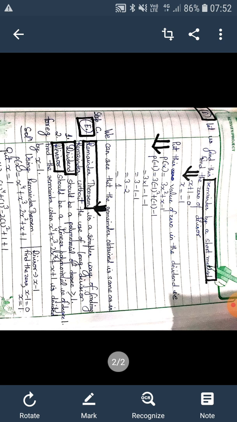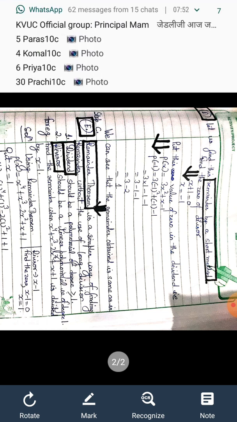Now put this value of the 0 in the dividend, that is the polynomial that is being divided. So it is denoted by p(x), 3x squared plus x minus 1. So when we put minus 1 in place of x, then it is 3 into minus 1 into minus 1, and after that minus 1 into minus 1 gives us plus 1. So after simplifying, we have 3 minus 2 and it is equal to 1. Now you can see that the remainder obtained is the same as in the long division.